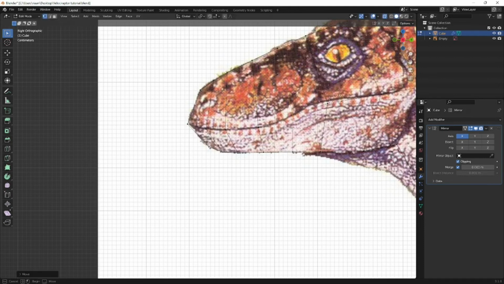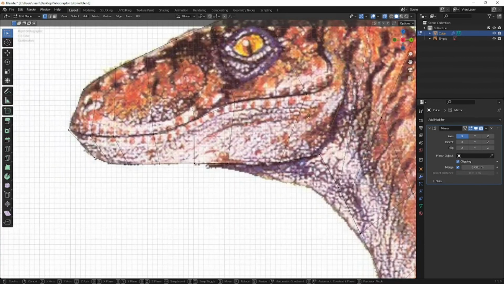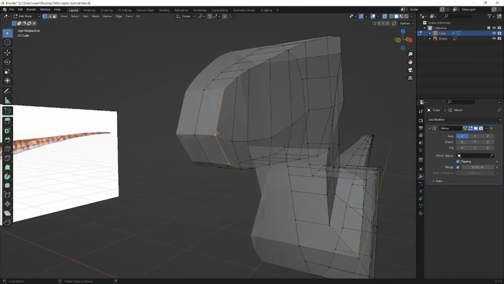Modeling takes a lot of practice, so don't be mad if you don't get it on your first try. Move this bit out like that, and this. Okay, I have this nice shape, and you can press,